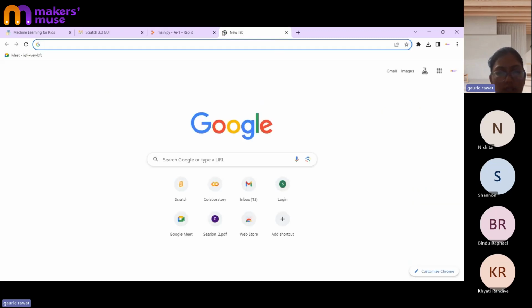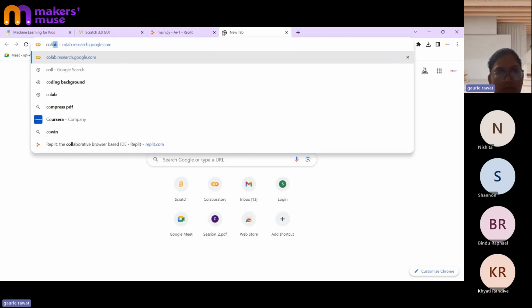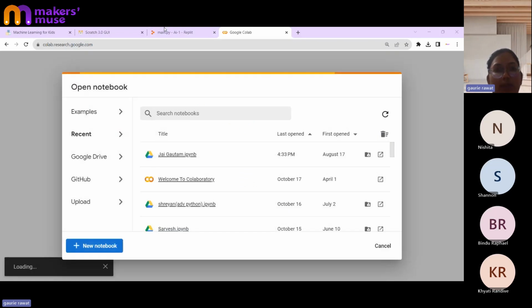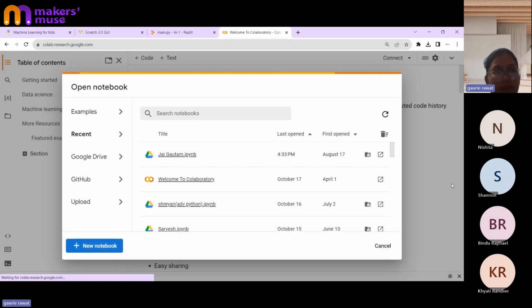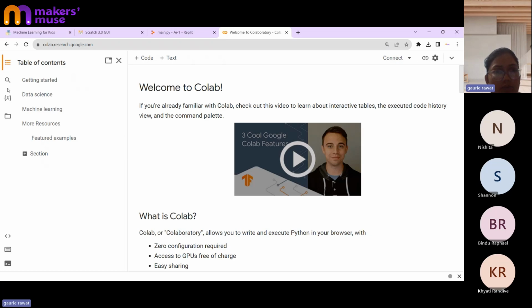Let me check it on Colab. Sometimes REPL doesn't work, that's the reason I'm using this other file.